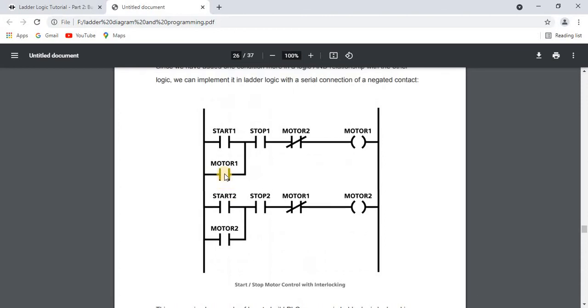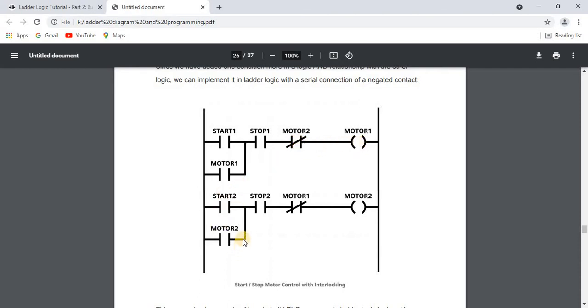Start 1 or motor 1, this is for the OR operation. This is for AND. Then not stop 1 and not motor 2. So when motor 2 is not operated, motor 1 will be operating.